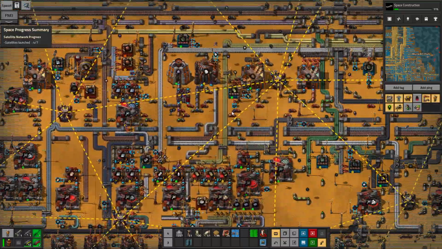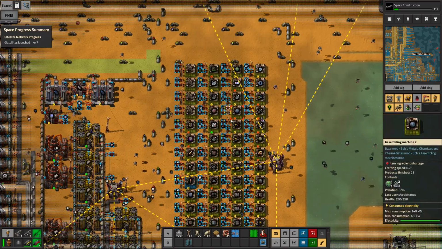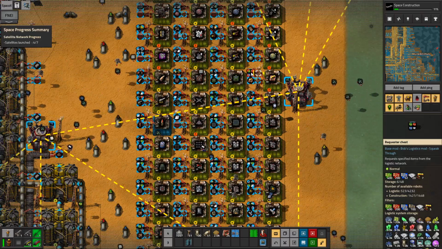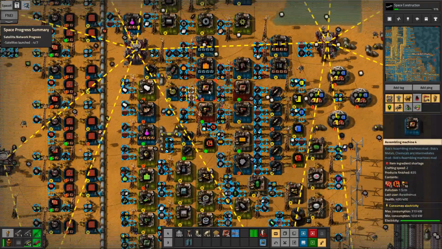Let's see. Are the modules 3? Would they be done already? Let's see. Where are they? Up here somewhere? Let's see. We have 4 of them. And now we're still limited on those. Yeah. So I guess the issue is not so much...